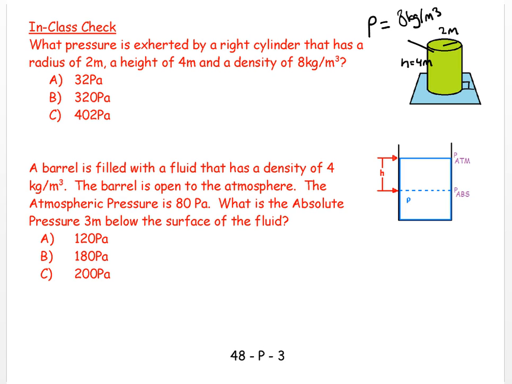So let's do this. We say that our pressure is equal to our force per unit area. And the force is, well, the mass times the gravitational field strength. And the area in this case, because it's a circle, is pi r squared. So if I want to put numbers in,